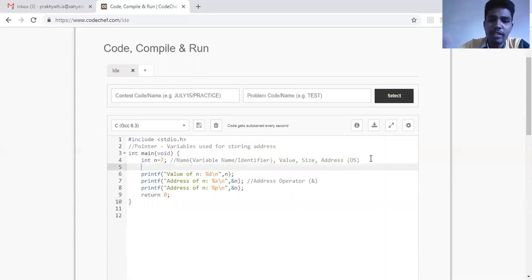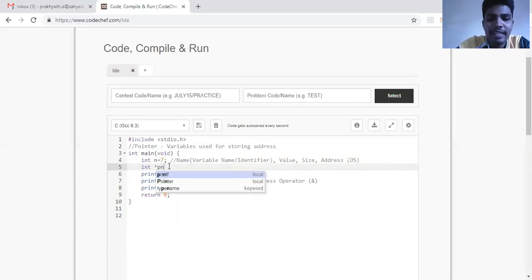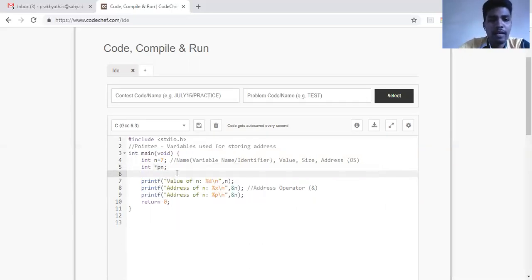As I said, a pointer is also a variable which can hold an address. So I'll declare a pointer which can hold the address of this variable n. Since this n is an integer, my pointer should also be of type integer. To declare pointers, we need to use star. Star indicates that in the declaration, if you find star, it's a pointer variable. So I have declared a pointer variable. Now this pointer variable is holding a garbage value or dangling value.